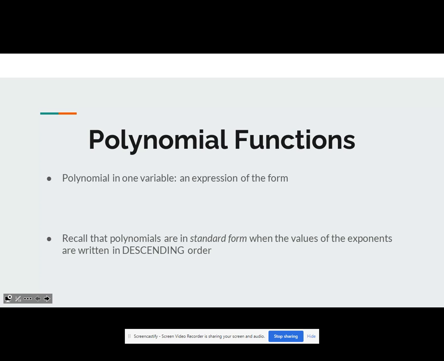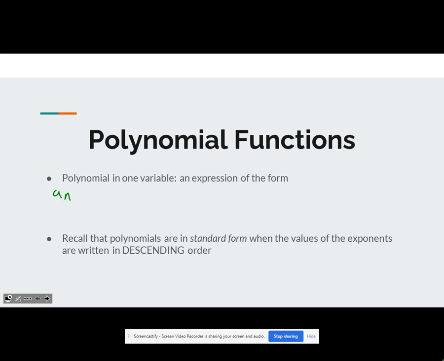Today we're going to be talking about some polynomial functions. And so first, we're going to review what polynomial functions are. So what we're concerned about is a polynomial function in one variable. And so it's an expression of the form